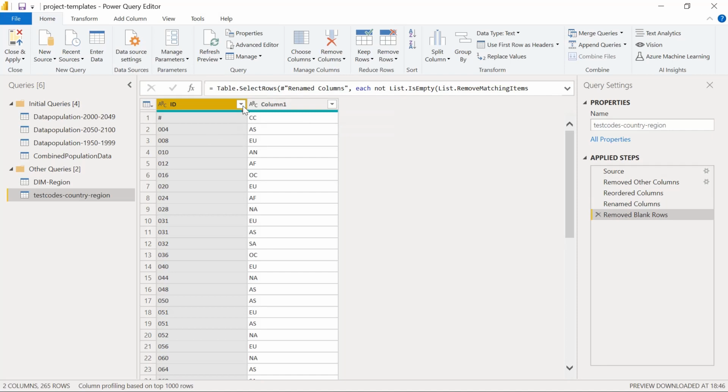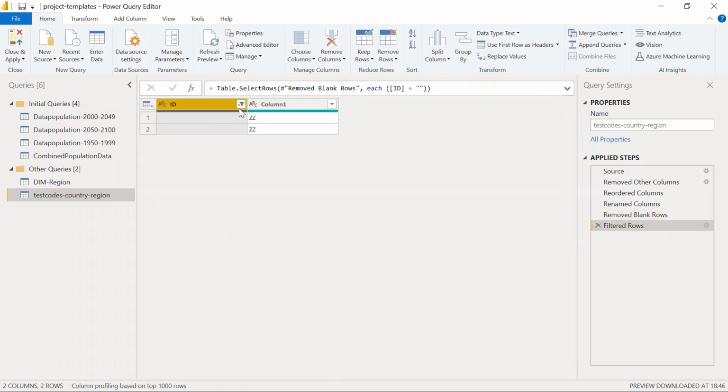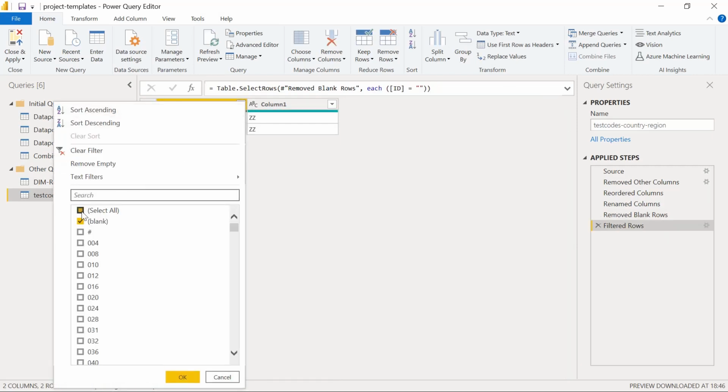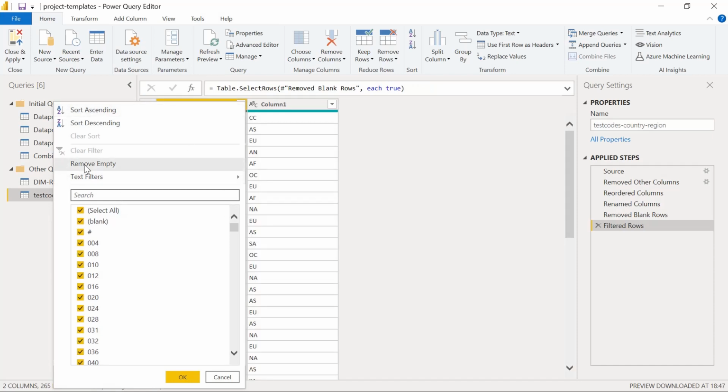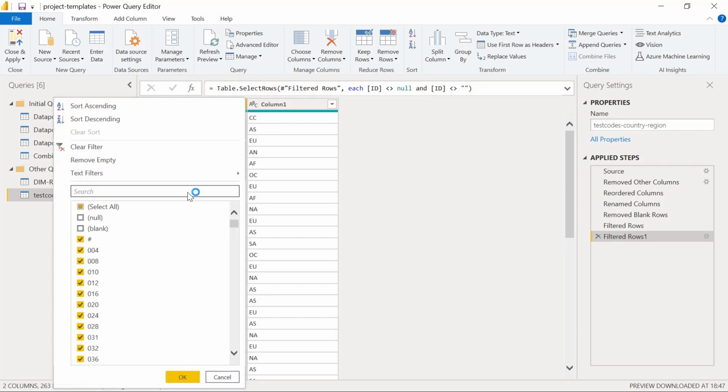When we do this, there is still some data showing as blank, so I think it is not working. There are some blank rows. If you select this data, let's see what it is. So this is something which is there. Just try to remove this. To remove this, I think you can use this remove empty option. Just click on this and I think that will go away. Now it will not show the blank values.